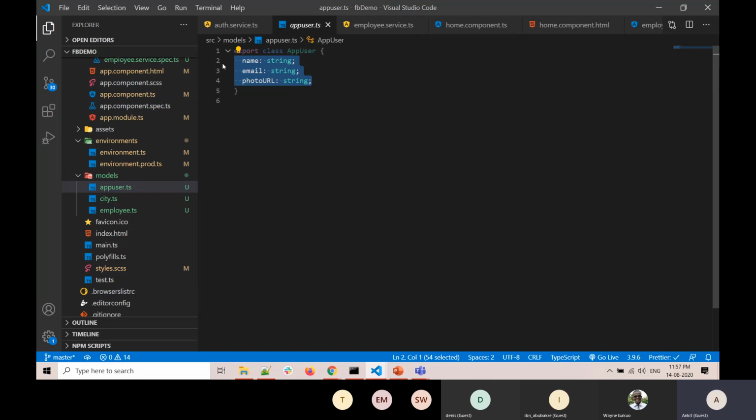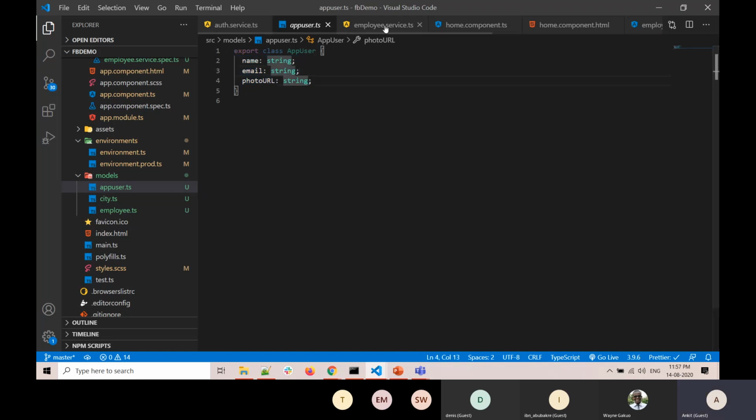So the question is why we are storing this in our database. That is completely for demo purpose. That is not mandatory to store in database. The reason I am storing in my database is that I want to see who all are visiting my application. So that is the only purpose of using that. It is not mandatory to store it in database.